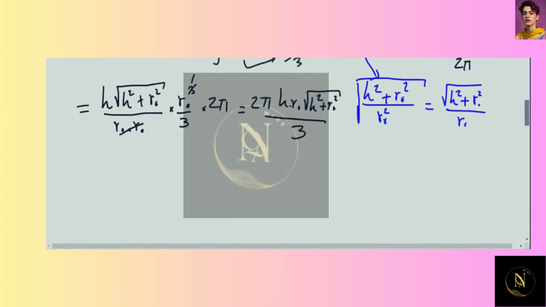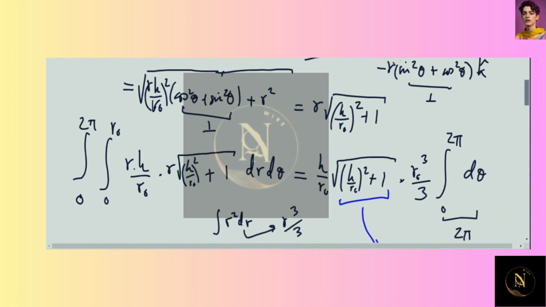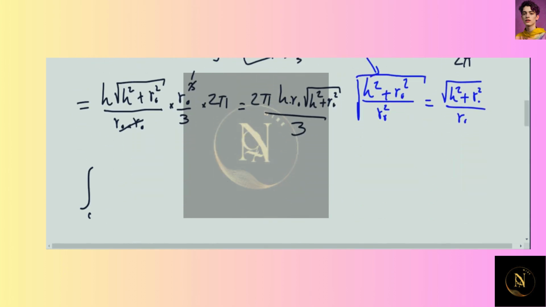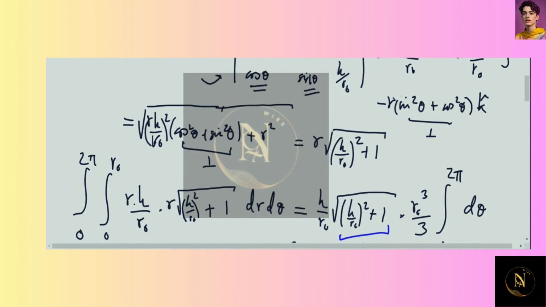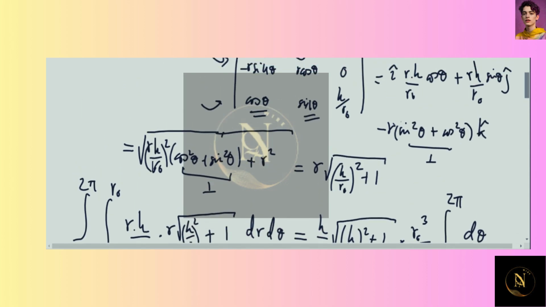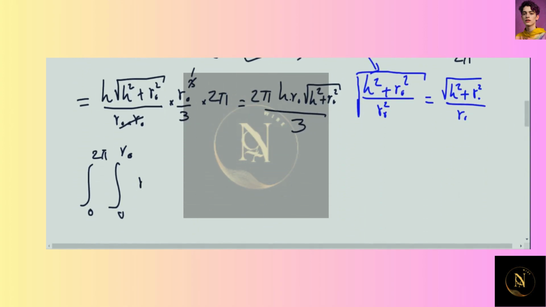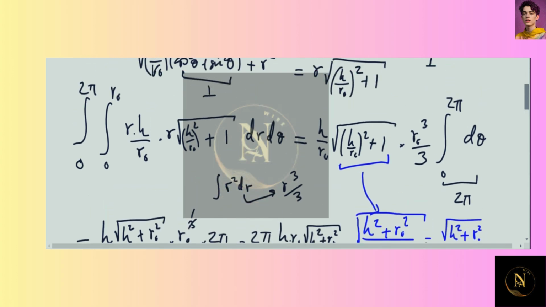would be just integrating this without C. So the area is going to be equal to the integral from 0 to 2 pi, from 0 to R naught, of R times the square root of (H over R naught) squared plus 1, dR d theta. So that is the area,